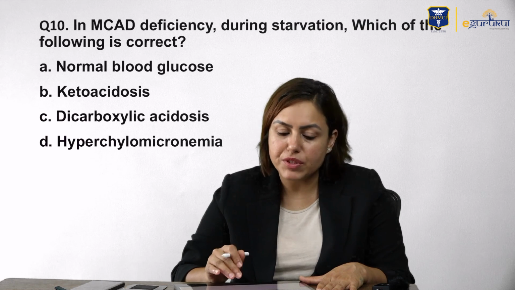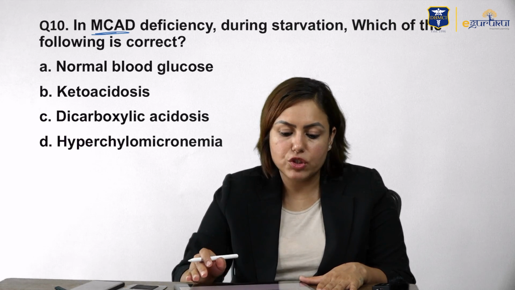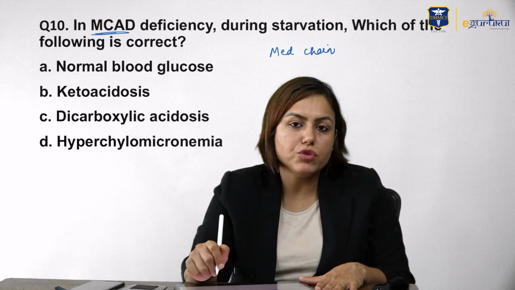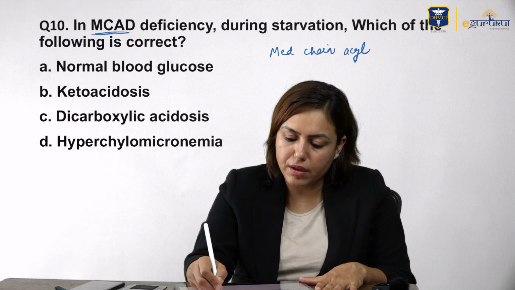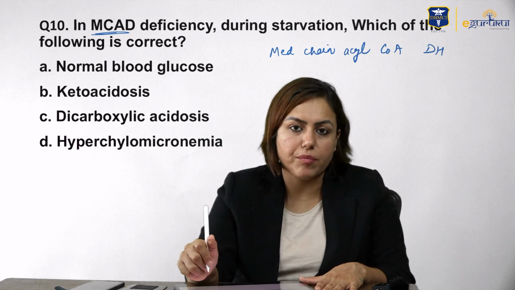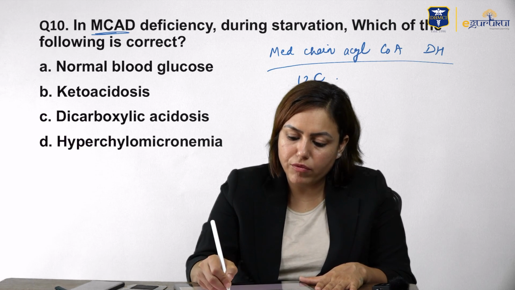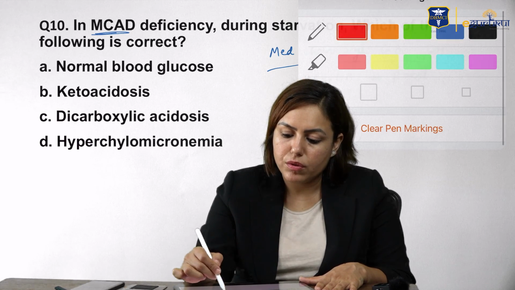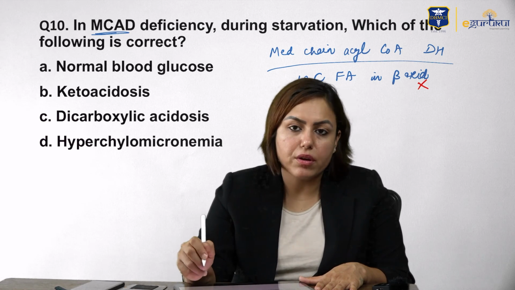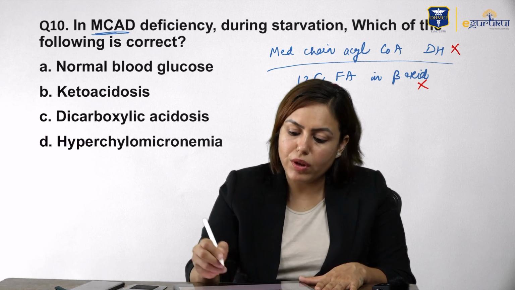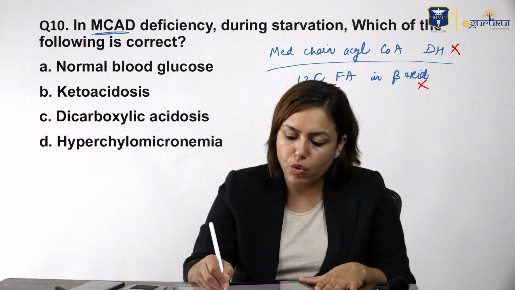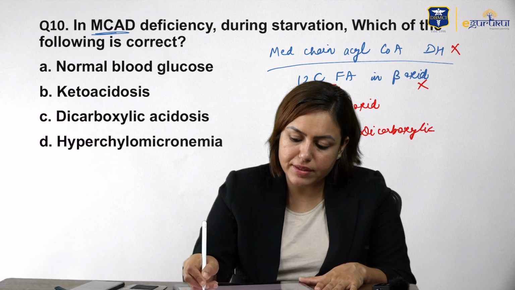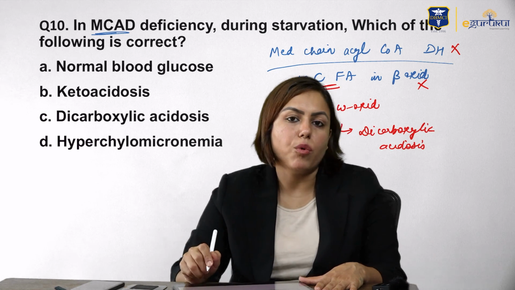Then last question, in MCAD deficiency, during starvation, which of the following is correct? MCAD is medium chain acyl CoA dehydrogenase enzyme, for medium chain fatty acids. This enzyme breaks down 12 carbon fatty acid in the beta oxidation pathway. But now the beta oxidation pathway is not occurring because this enzyme is not there. So this 12 carbon fatty acid will go to omega oxidation. In omega oxidation, dicarboxylic acids are formed. So this will lead to dicarboxylic acidosis in these